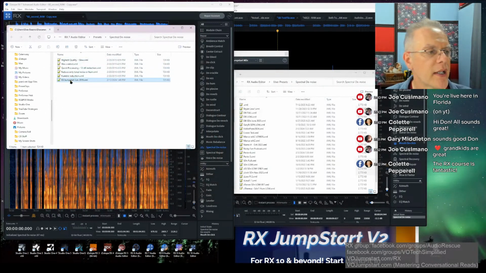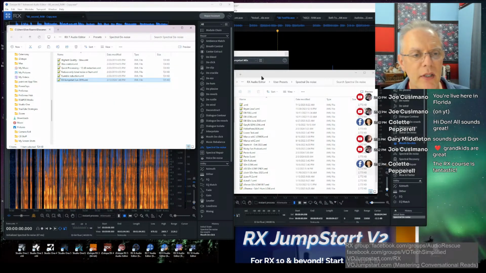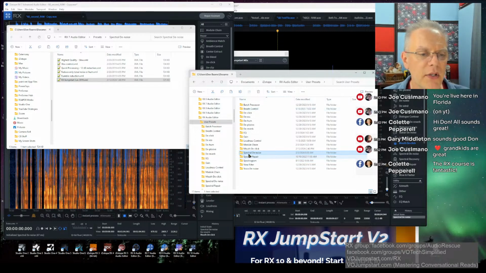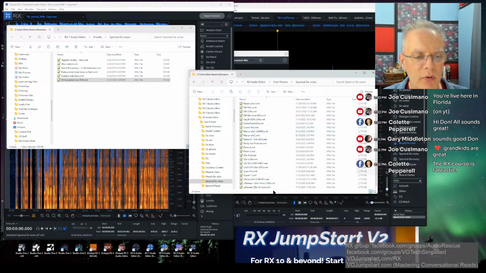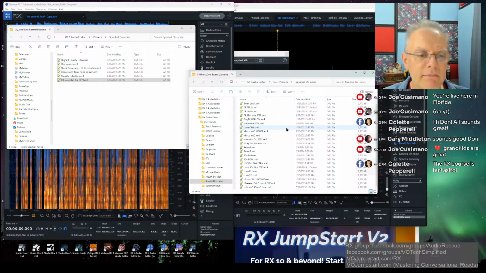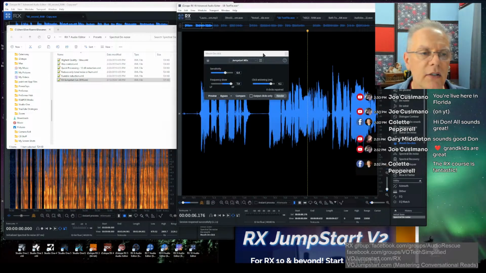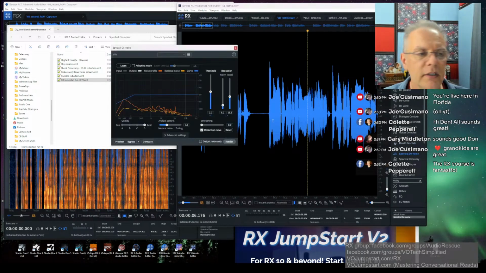That one is right here. I'll copy that guy. I'll do it visually so you can see it. I normally do this with keyboard shortcuts, but hey, it'll work over here. User presets. And we're now in RX10 on this side. And I go to Spectral DeNoise, and I have a whole bunch of them over here. So when I take that, I can just right click over here someplace and paste that guy in. And then, yep, there it is. RX Jumpstart, June 2019. And I'll go right over here, and I go to Spectral DeNoise, and I'm going to